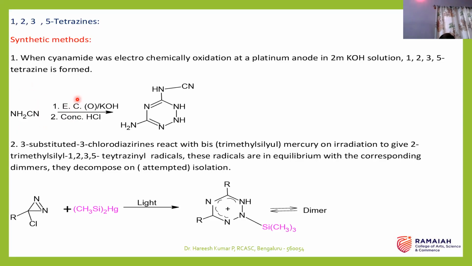EC means electrocyclic reactions. Nowadays electrocyclic reactions are taking priority. What it means is, cyanamide, when it is treated with electrocyclic reactions, more particularly oxidation in presence of KOH, gives rise to tetrazines, more particularly 1, 2, 3, 5 tetrazines. It is also possible to prepare 1, 2, 3, 5 tetrazines starting with